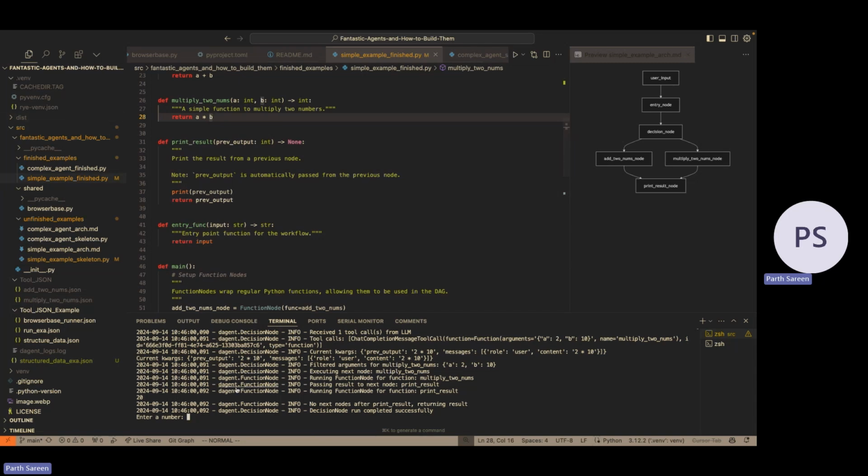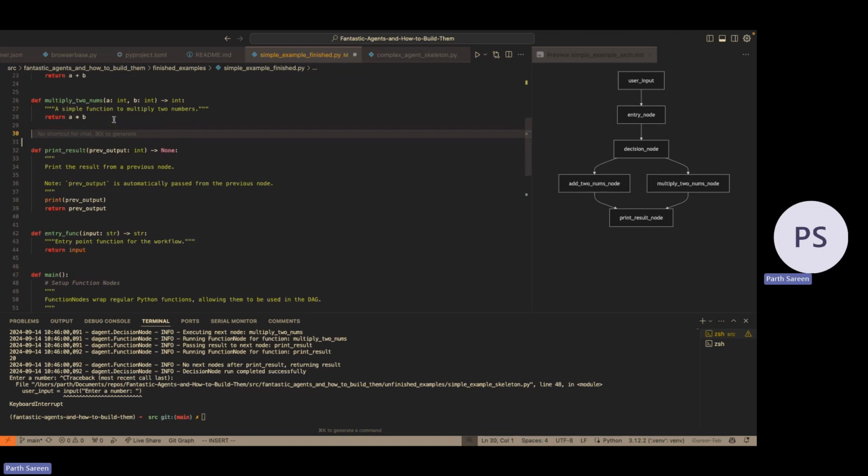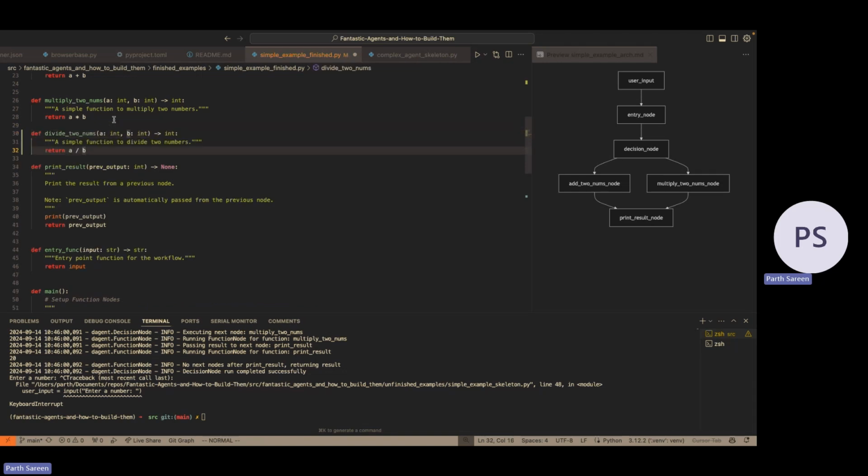So let's just do that. I think that would be a good use of our time. So how does divide sound? Is that okay? Okay. To keep it simple, divide 2 numbers. It's just A over B, a simple function to divide 2 numbers.